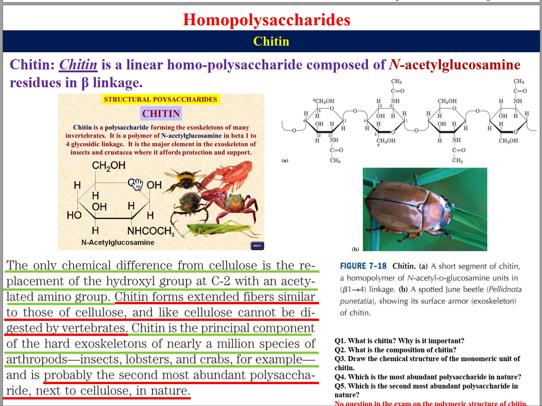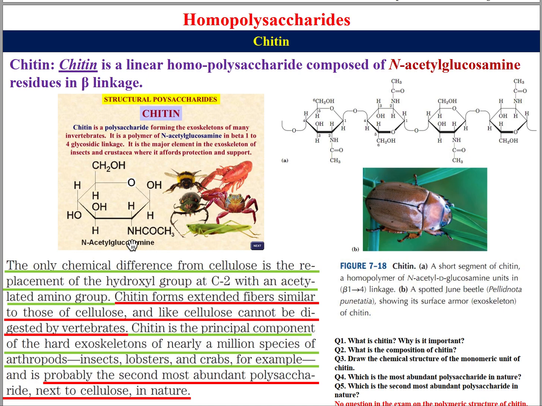So write down the beta glucose structure, and at position 2 it will be changed. For glucosamine, the hydroxyl group at position 2 is replaced by an amine. And when the amine group is changed to an acetyl group, it is called N-acetylglucosamine. This is the monomeric unit of chitin. So the only chemical difference from cellulose is the replacement of the hydroxyl group at the C2 position with an acetylated amino group, and chitin forms extended fibers